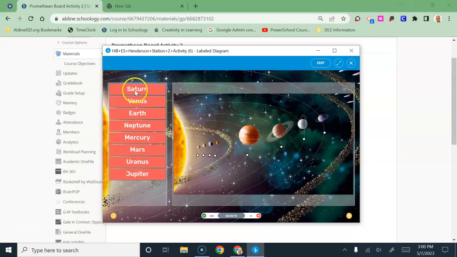So the first one they're asking for is the planet Saturn. Hold down and drag your finger on that Saturn, holding down your finger, and we drag the answer choice to that little dot right there. So you see how that works? The next one is asking for is Venus, holding down again our finger on the board. We will drag our answer to that planet. So that's how that works. You'll match all these up with the